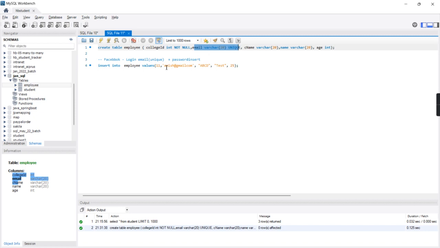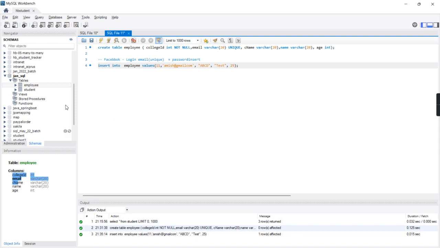It means if the first time you have stored this Gmail ID, the second time you cannot store that same Gmail ID in that same column, because we have added this unique constraint over there. It means that column should always be unique when you are using this table. You can't create a duplicate of any row in that column. Got it? If I run this query,